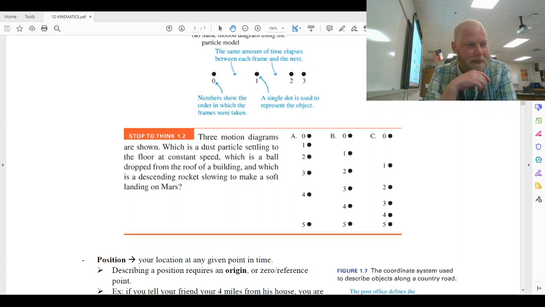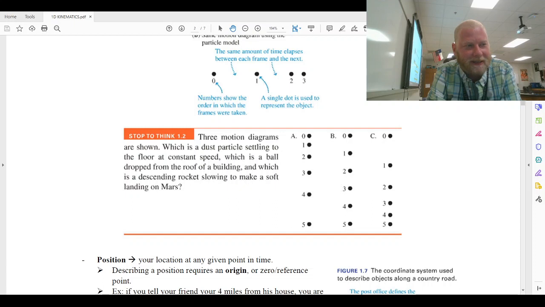Now in B, notice that it covers an equal distance per time interval. So every second it travels an equal distance. That tells us that it's falling at a constant velocity, a constant speed. So we would have to assign that particle model to the dust particle settling to the floor at a constant speed. And lastly, part C,